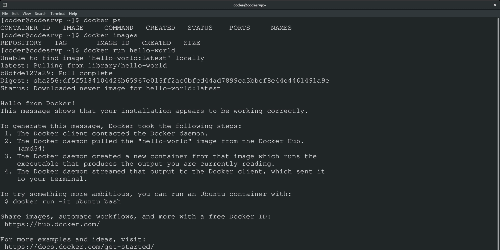Now I can run all the Docker commands without using sudo and also download an image.